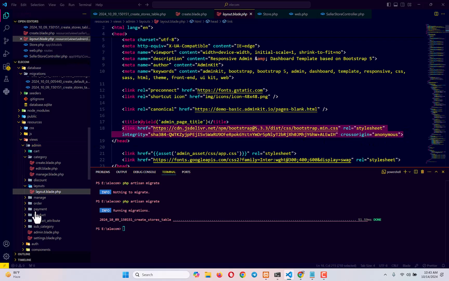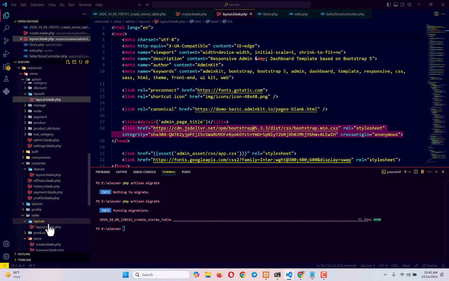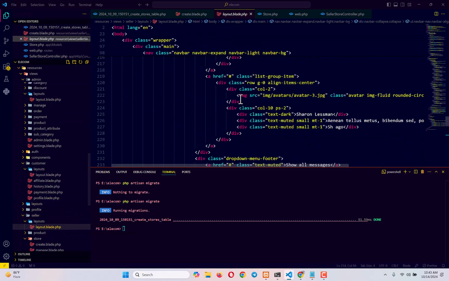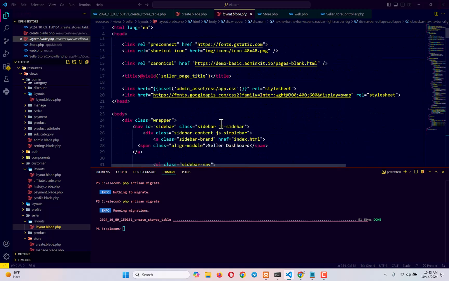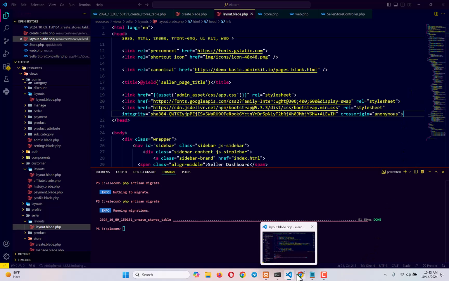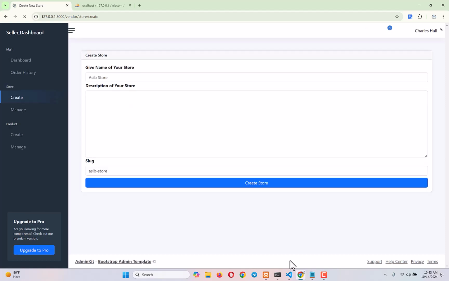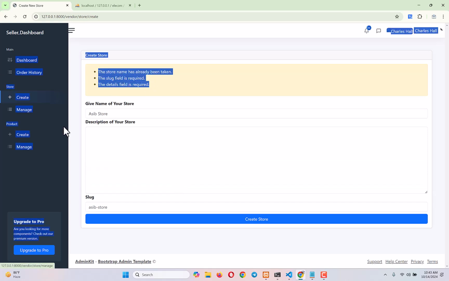Okay, come back to our seller layouts.php file, go to the top and simply paste that. This way we'll be able to solve this issue. Now it will get the styling. Let me try again. You can see it's now getting the